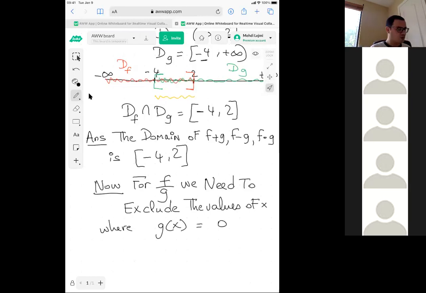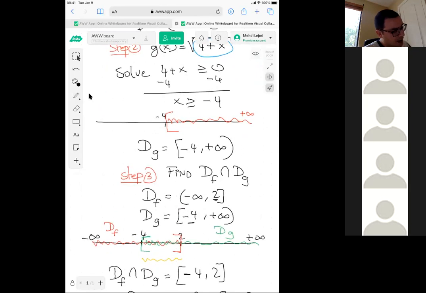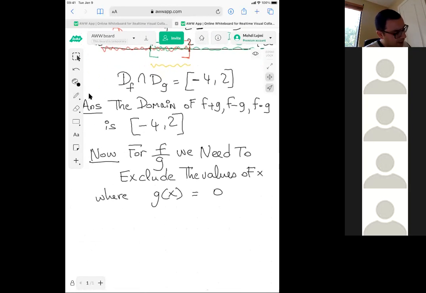So I need to solve g of x is 0 because, again, why do I need to exclude these values of x? It's because f over g means that you have to divide by g, and we are not allowed to divide by 0. So that's why I have to exclude those values. G is square root of 4 plus x. So I need to solve